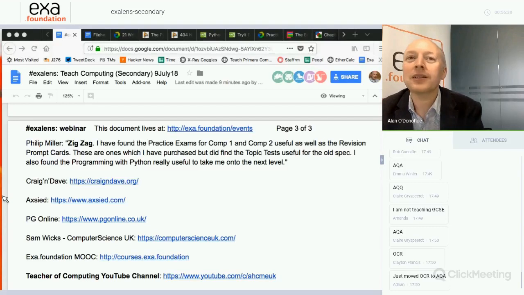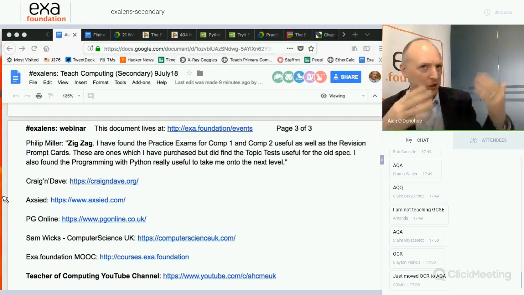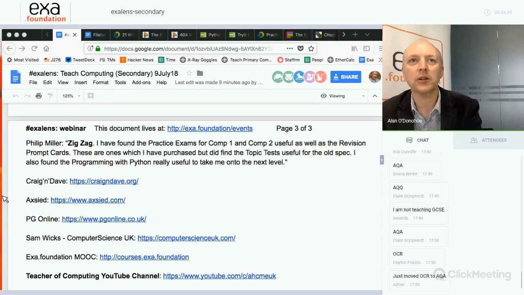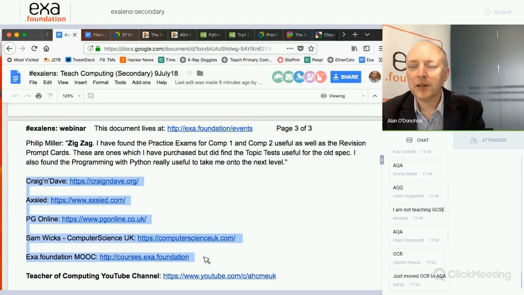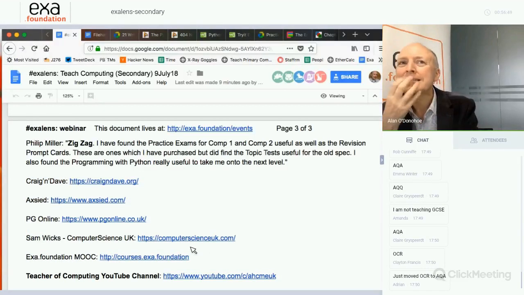I would be using the fact that you're swapping to go forward to SLT and say, look, I'm going to need a bit more budget because there's some big changes between the courses, and you want to make sure you've got the resource you can. I've not really put this list here in any particular order, or have I?